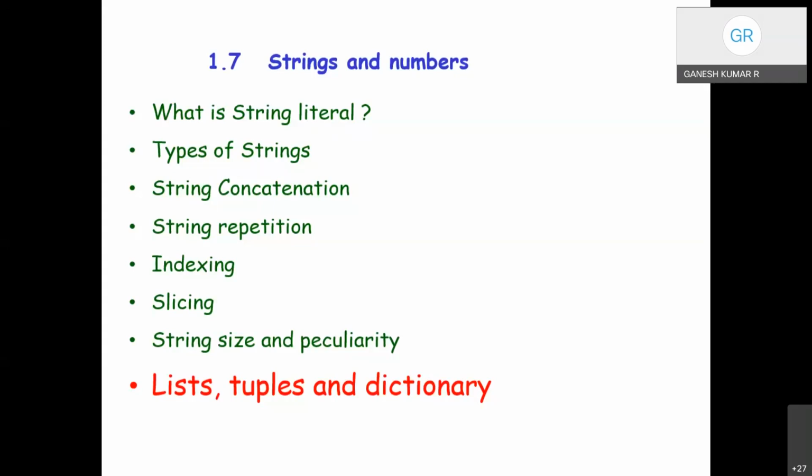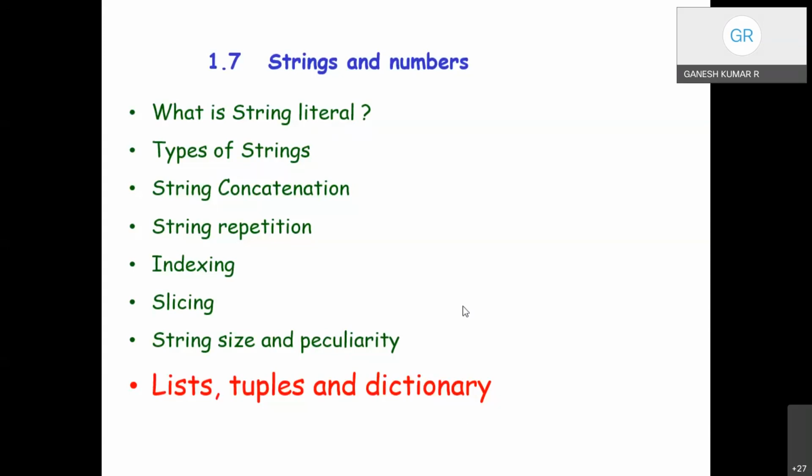The string size is calculated by using the len function. The len function returns the number of characters present in the string, so it will be an integer value. We also discussed the equality operator, which checks the uniformity, whether both the strings are identical or not. It is similar to the equal to operator in the logical operators, right?